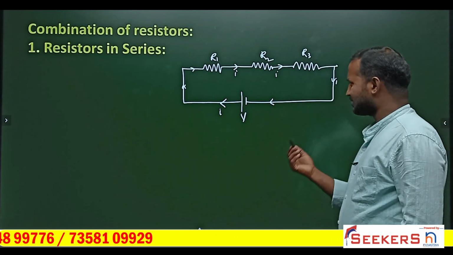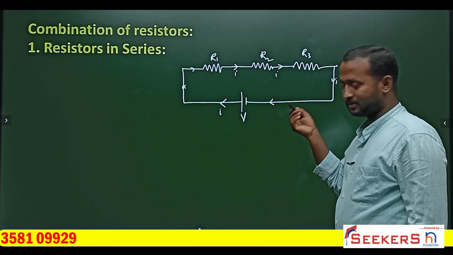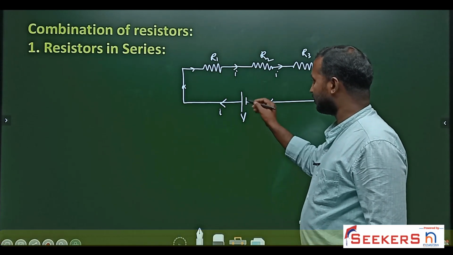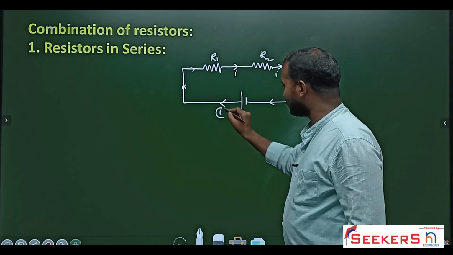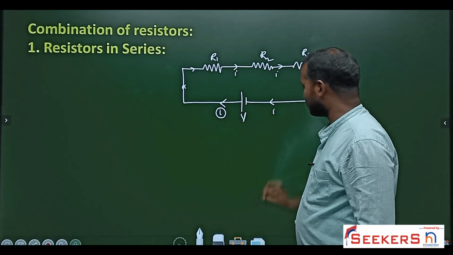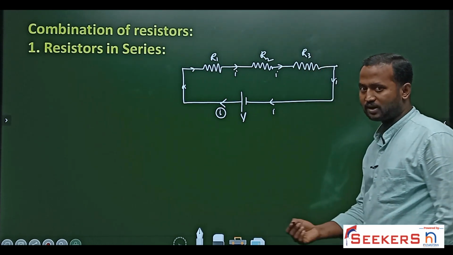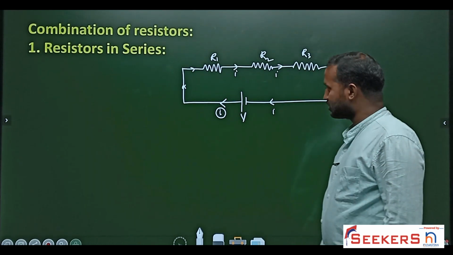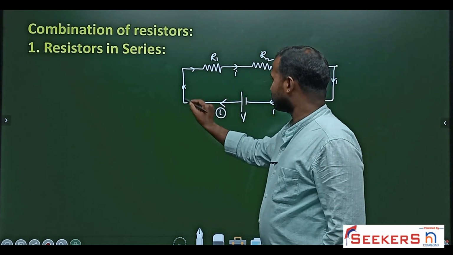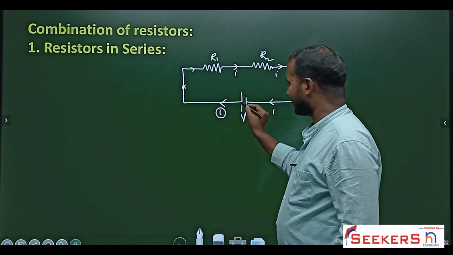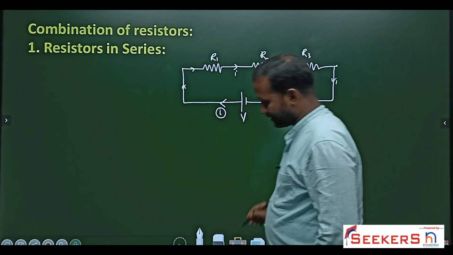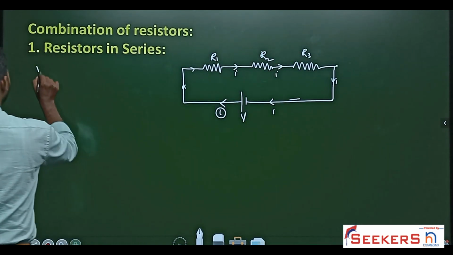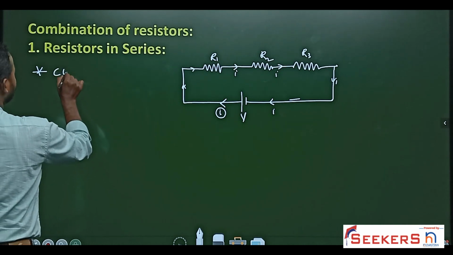You can think of a number of cars going from home, and then all the cars have to reach back home. Whatever current goes from the cell, the same amount of current should be reaching back here. Each car has a kind of charge, and all these cars go all the way and come back home again. Hence current will be the same in series. What is the take home message from this? Current is